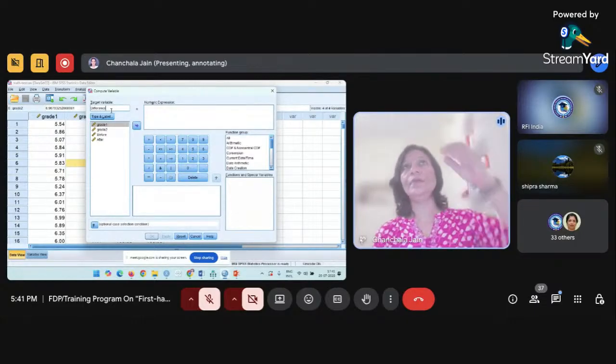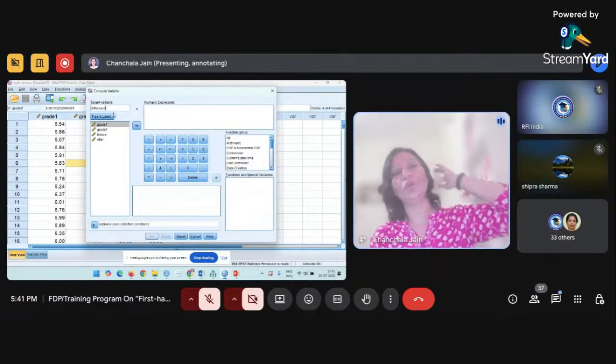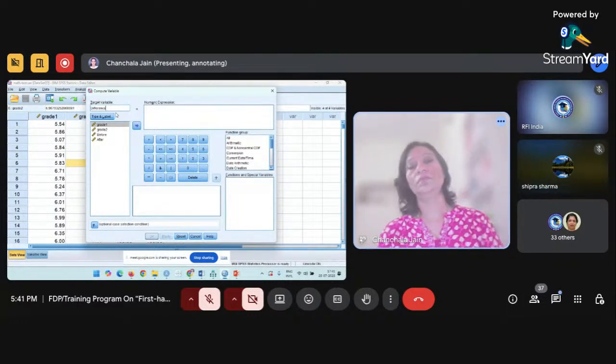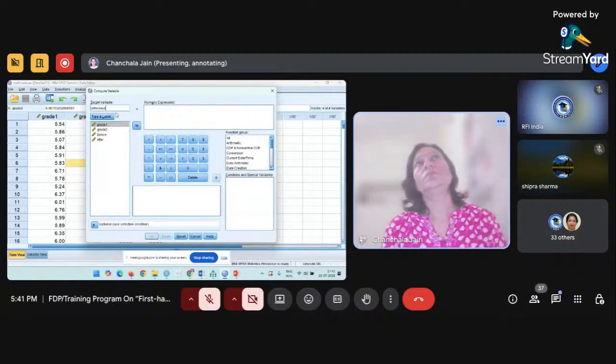First, you tell me you have written or given the name to your target variable. Done? Yes, ma'am. Now, as we need to get the difference, you can also see we have the